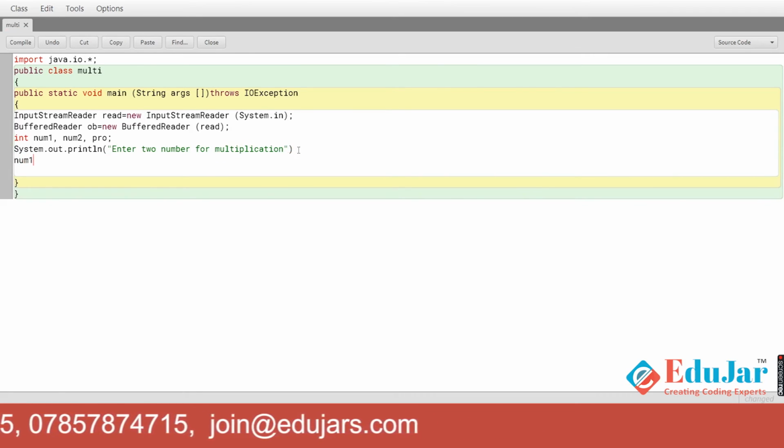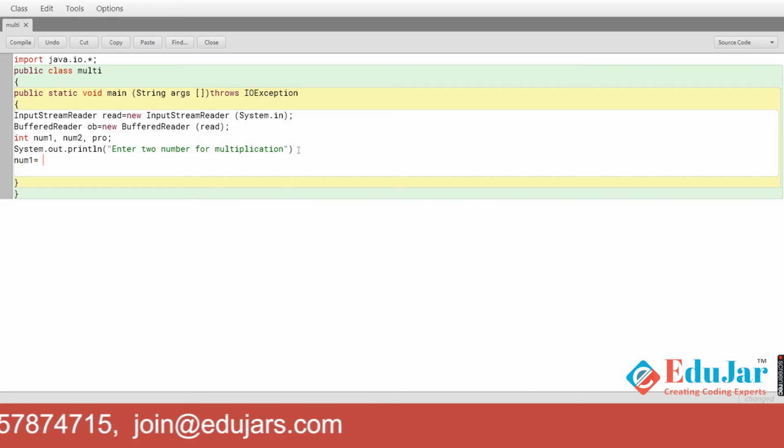Num1 equal to Integer.parseInt(ob.readLine()).